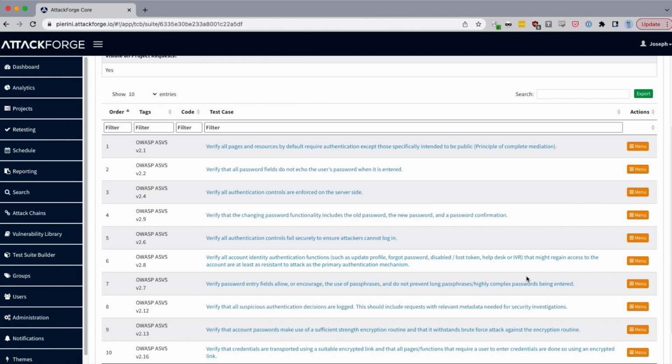So the idea behind the test suites or playbooks or whatever you call it is that you've got a certain number of steps or a certain number of elements that need to be contained within the engagement, and this is your checklist. This doesn't tell you how to pen test, but it makes sure that you have covered all of the specifics during the engagement, which is easy to not do.